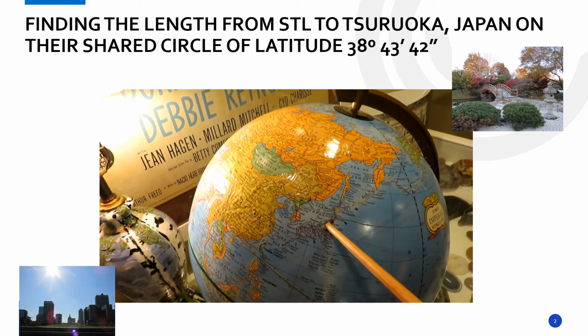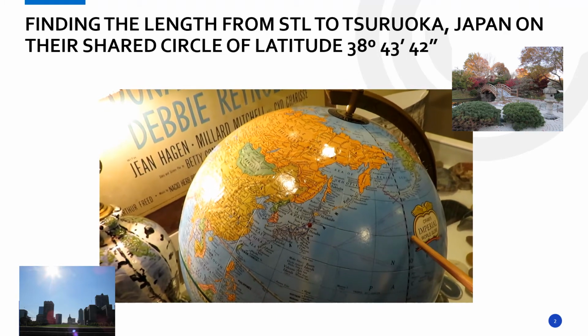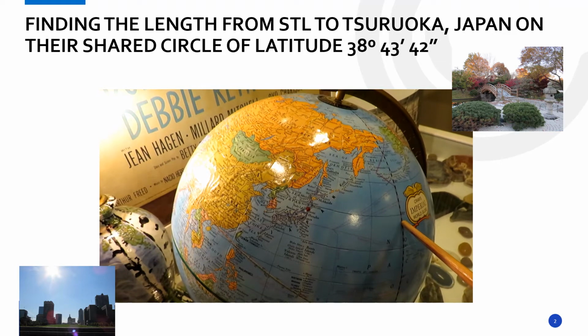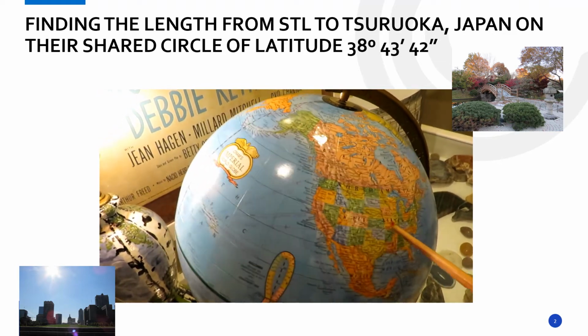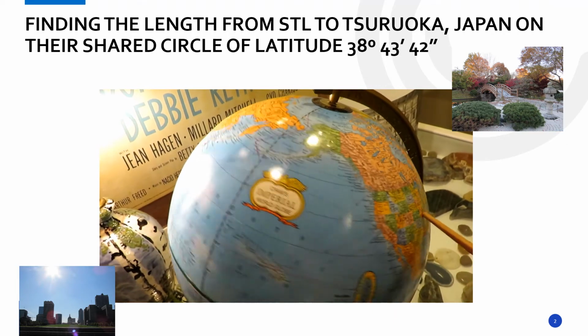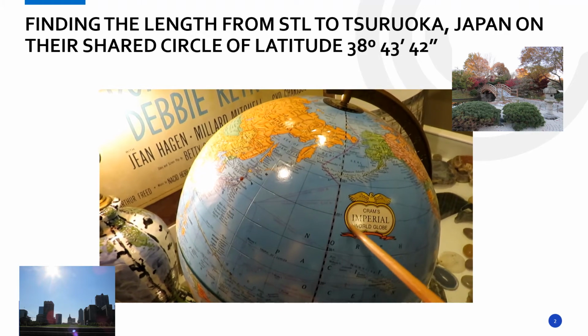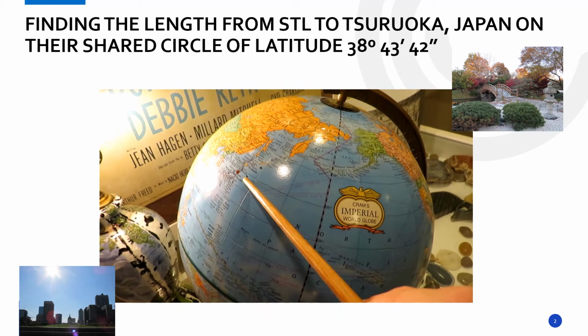this location. One issue to keep in mind, though, is that circle does not have the radius of the Earth as its radius. This circle is smaller. Notice it's at a different position on the sphere of the Earth, and that circle is smaller. So first, if we wanted to find this arc length, we would need to find the radius of their shared